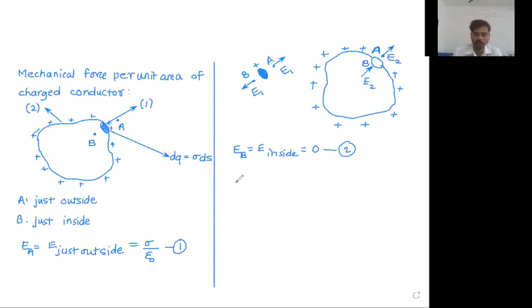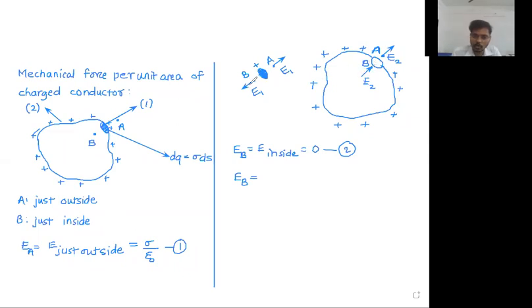Yes. So what you can do, Ansh, is this. Write down total electric field at point B, which is equal to 0, that you already know. But from vector relation, what you can write? Total electric field at point B. Here, this is your first conductor. Because of the first conductor it is inside, and because of the second conductor it is outside.